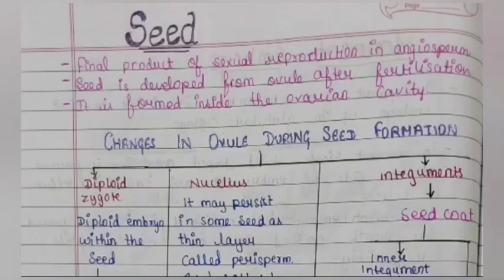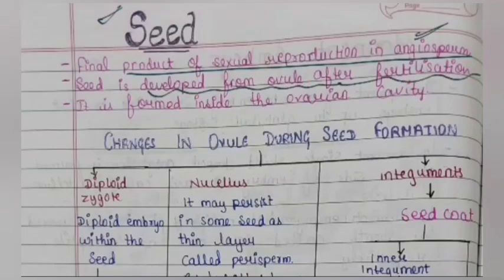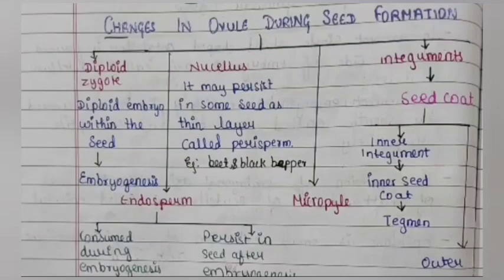Coming to seed, it is the final product of sexual reproduction in angiosperms. Seed is developed from the ovule after fertilization. It is formed inside the ovarian cavity. Now the changes in the ovule during seed formation are: